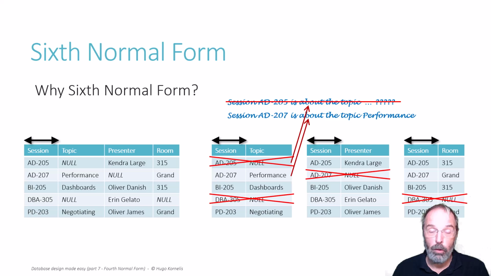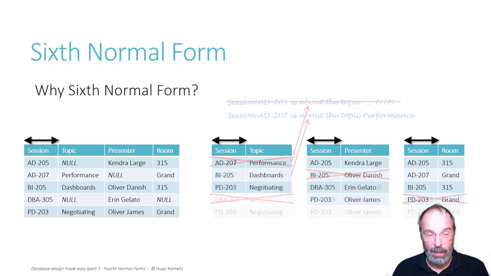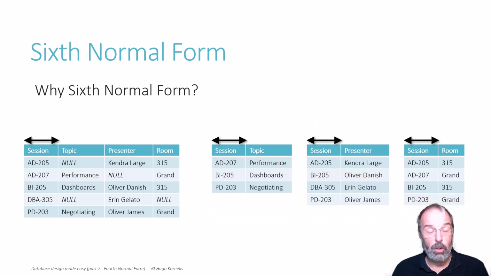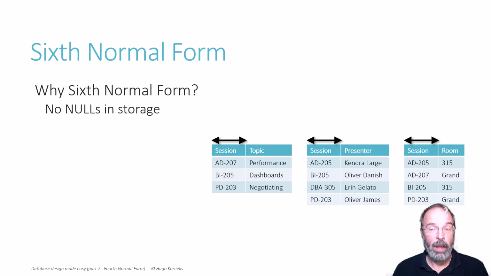So in sixth normal form, the same data would be represented like this. And that is, according to some people in the theoretical database world, a big benefit, because now we do not store any nulls. And as I said, there are people in the database world who dislike the concept of null. Now, frankly, I think they are wrong, but that is not in scope for this video,